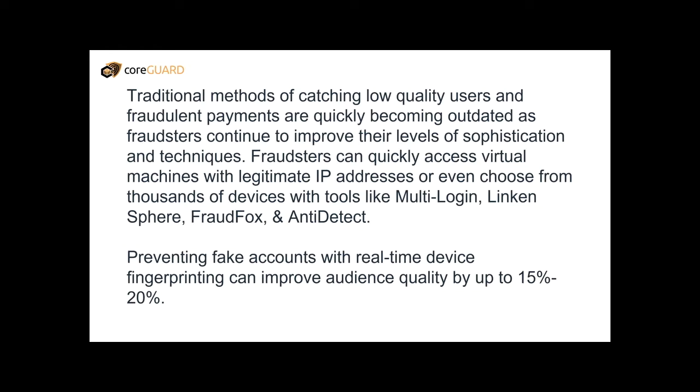Some of the estimates is that being able to prevent fake accounts with real-time device fingerprinting will improve your audience quality by up to 15 to 20%, because right now they're getting so sophisticated. It's absolutely insane. On the surface, when we've looked at some of the orders that we know were fraudulent because our customers let us know, Ezra, these were definitely fraudulent, we got chargebacks. There is no way, looking at things visually, that anyone could ever tell that those orders